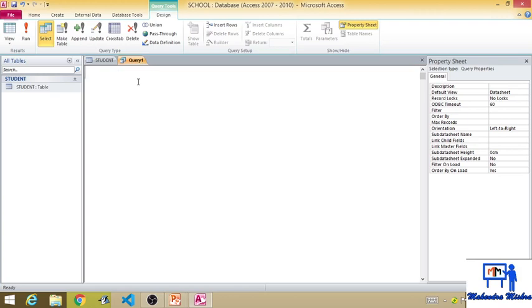This is my query 1. Firstly I am going to create a table. Now see, here is only one table, the student table. Suppose now I'm going to create one more table, named EMP, employee, and the short form EMP I have given. So what is the syntax? Create table, the name of the table is EMP.